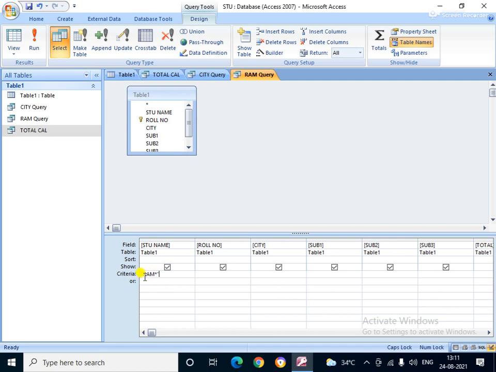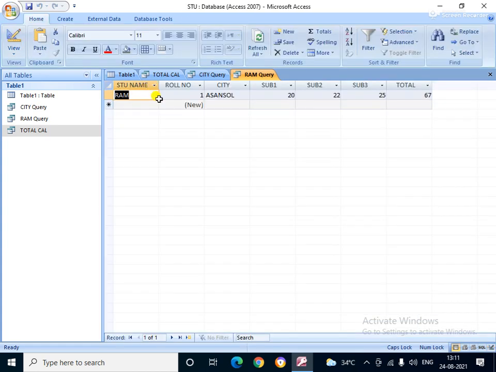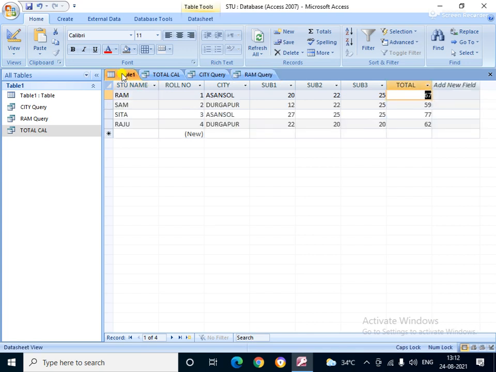If you write only the first letter, it also works alphabetically; for example, the R, which student names start with R. Like this, see, Ram's details. So it is a very useful and very interesting chapter.